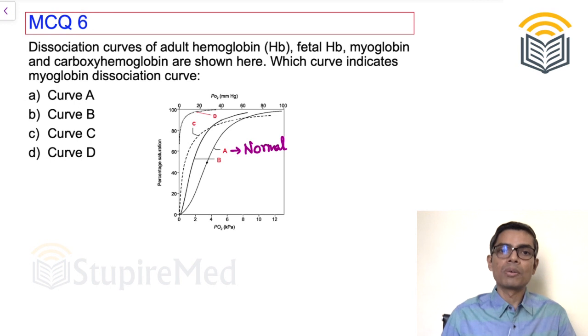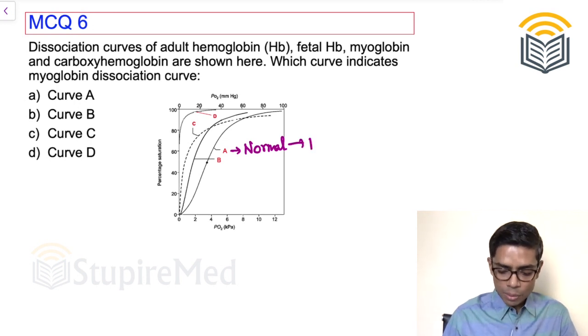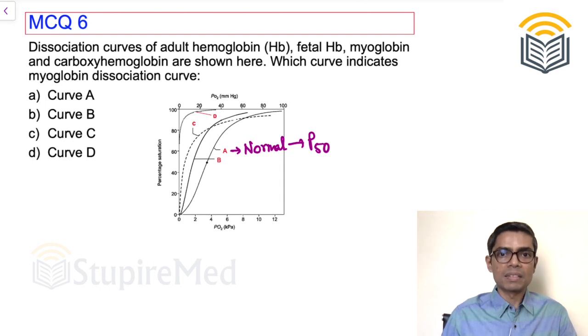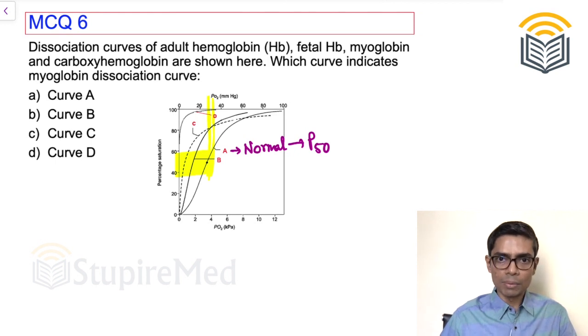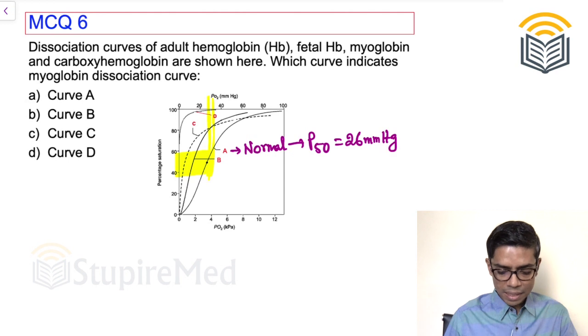Okay. You may ask how do you understand? Look at the P50 value of this curve. P50 value, that is 50% hemoglobin saturation. If you look here, this point indicates the 50% saturation. How much is the partial pressure of oxygen? If you drop a perpendicular from here, you can note down that this is almost 26 millimeter of mercury. So P50 here is 26 millimeter of mercury. This is nothing but the normal curve. So now in curve number B, you find that the curve is on the left hand side of the normal curve. Okay, and here you find out that